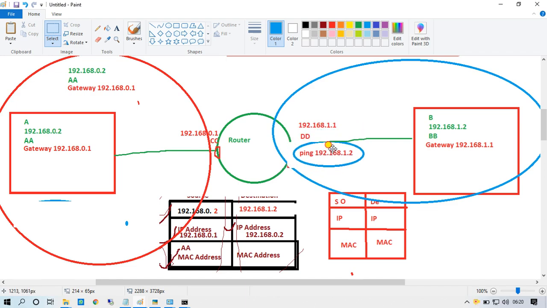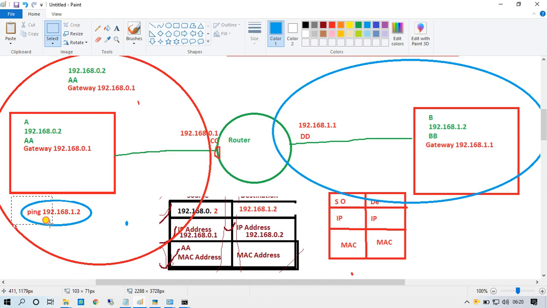Now it will again create an ARP packet, using the MAC address of another interface, which is DD. It will generate an ARP request, and again send it the same way as the previous PC did, for the IP it wants to ping, PC2, PCB.